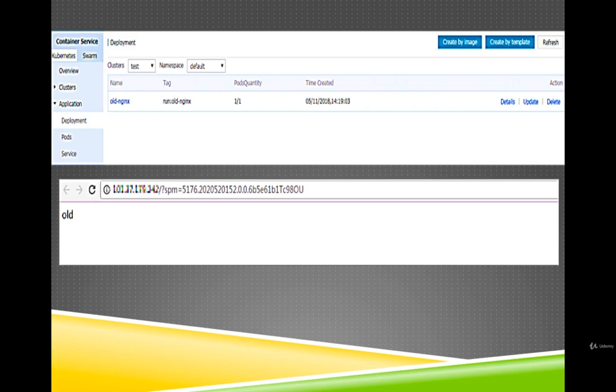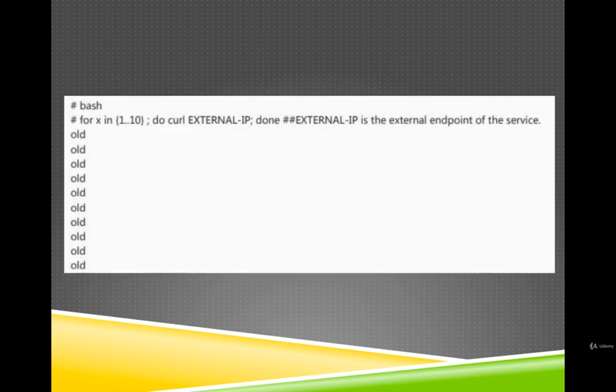In this example, old is displayed on the nginx welcome page, which indicates that the currently accessed service corresponds to the backend pod old nginx. Now to display the results of multiple releases conveniently, we recommend that you log on to the master node and run the curl command to check the deployment results, as you can see on the screen now.